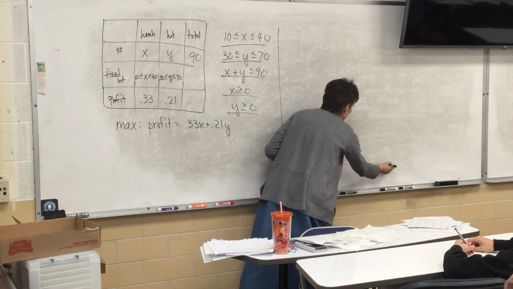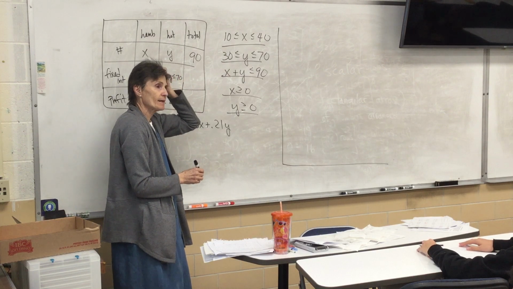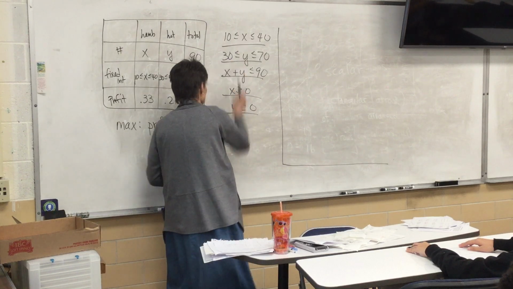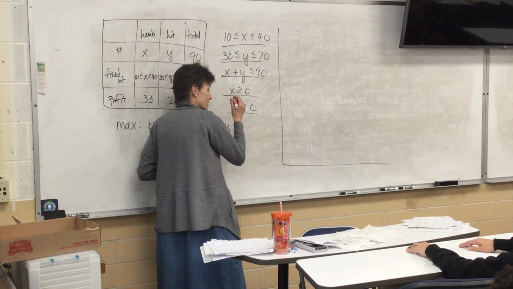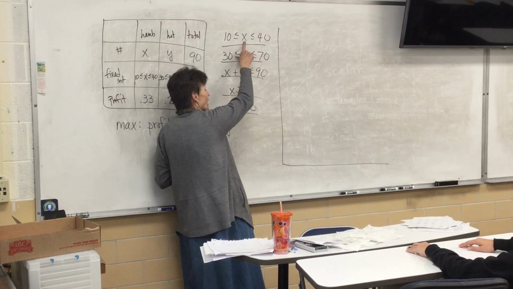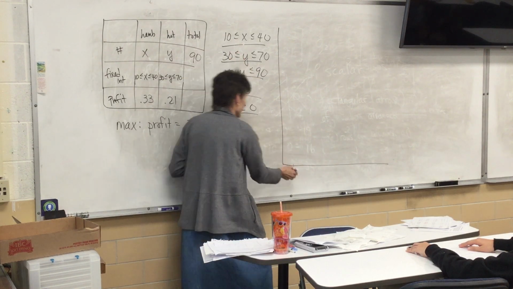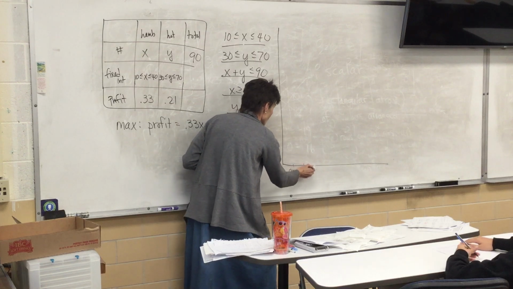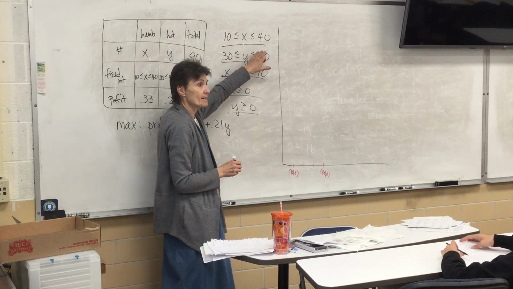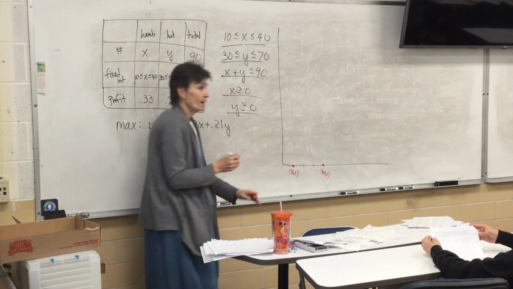Okay, here we go. Looking at that 90 and these 40s and 70s, maybe 10 is a good scale to go with. So I'm going to graph this fixed interval. Now these are tricky. We've only done one or two of these. Here's my X-axis. I'm using a scale of 10. So here's 10, 20, 30, and 40. Remember how I did this the other day? There are my points, 10 and 40. And then I draw